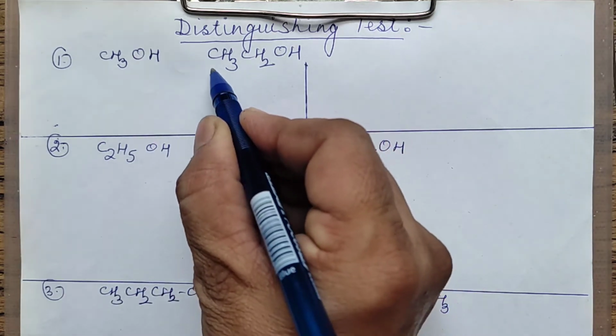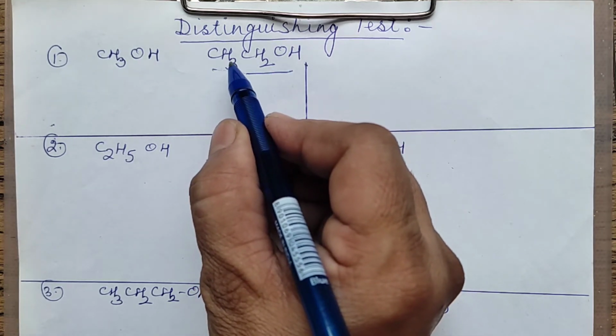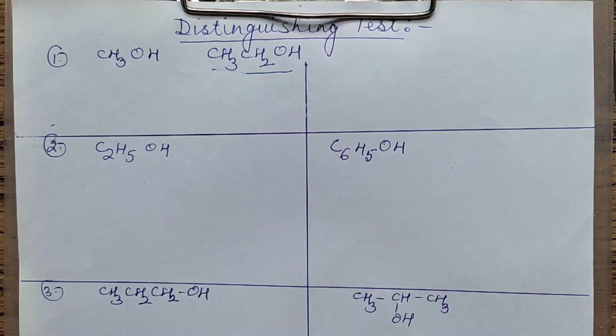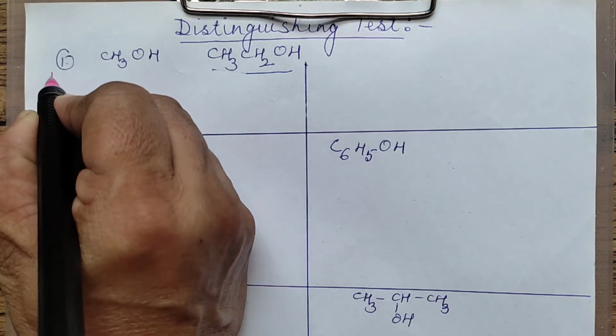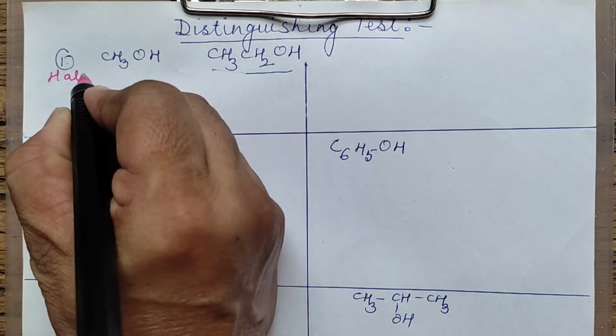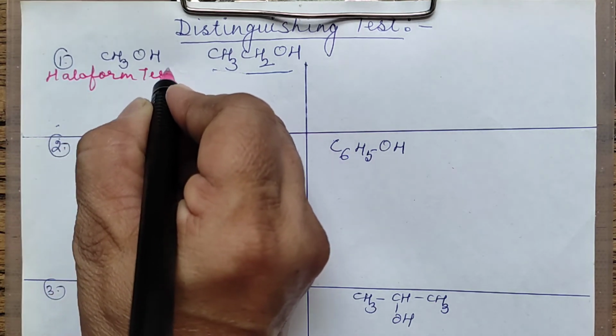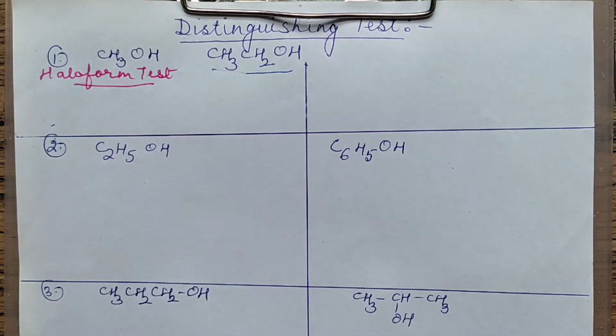You know that ethyl alcohol is the primary alcohol with 2 carbon atoms. That means it will give haloform test. Okay, so for ethyl alcohol you will use haloform test. So what you will do is always divide this into 2. You will write the distinguishing test in the similar manner as I am telling. You will write haloform test, and then what all reagents are required in that you will write down.